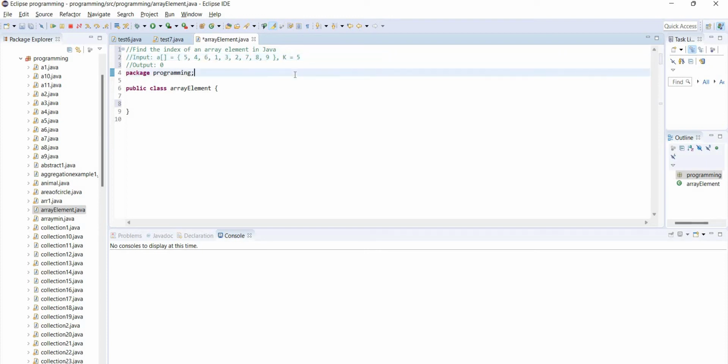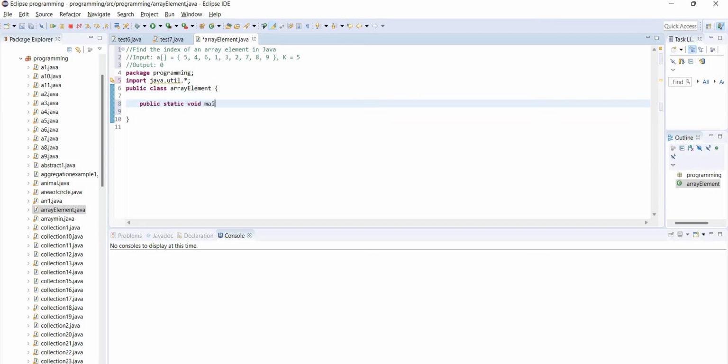Before starting, you need to install Eclipse, or other than this you can use an online platform, a Java online compiler. First of all, we need to import the scanner: import java.util.*, where the star is for everything, so it will contain Scanner and other classes also. Then you need to create one class. The class can be ArrayElement, it can be any name. Then you have to write public static void main